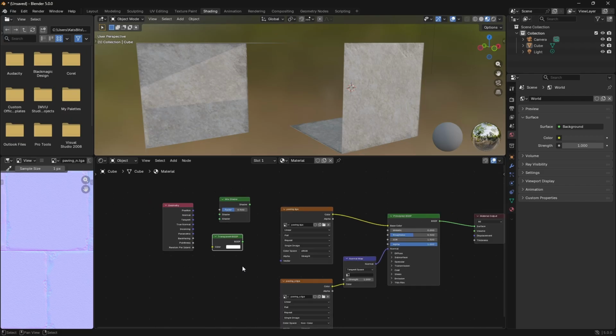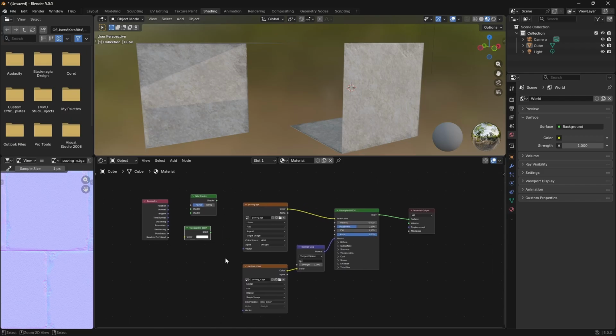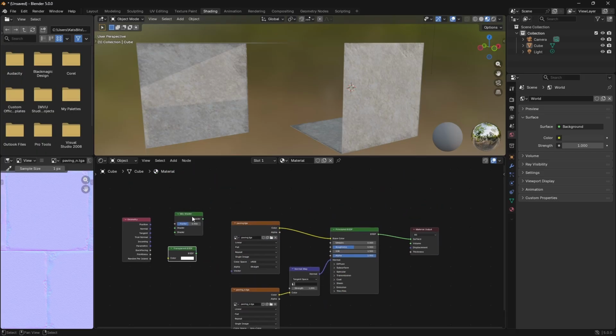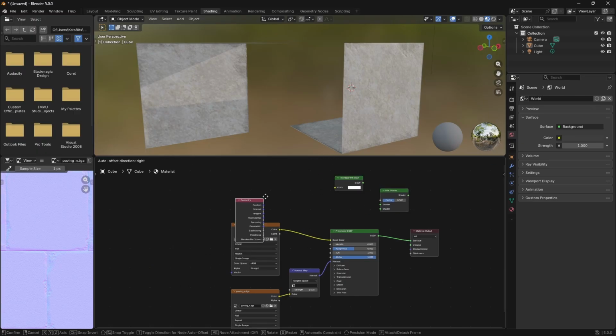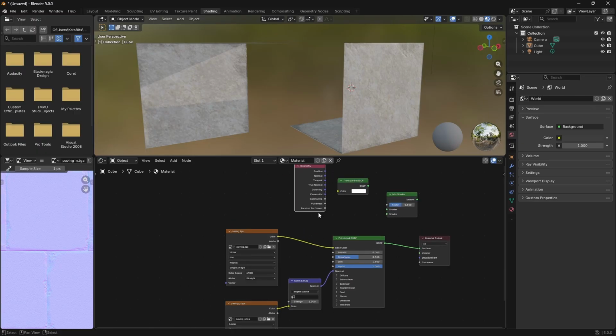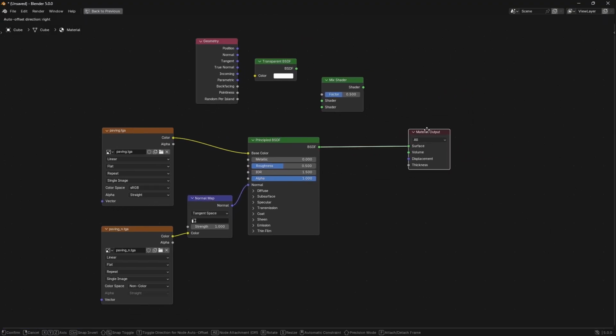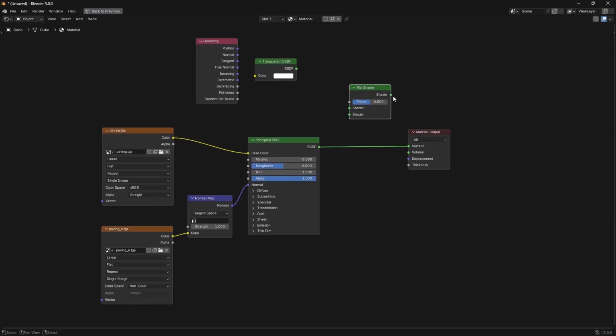So what we're basically going to do is create two groups and then mix them together and connect that to the output. So mix shader, transparent BSDF, and our geometry node. Let's go into full screen for this. Shader, surface, BSDF, shader input. So that'll give us